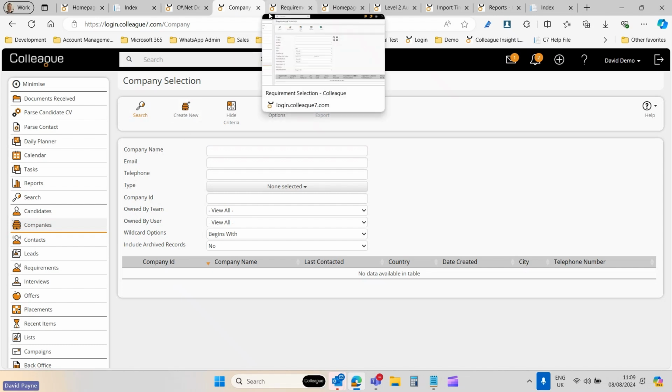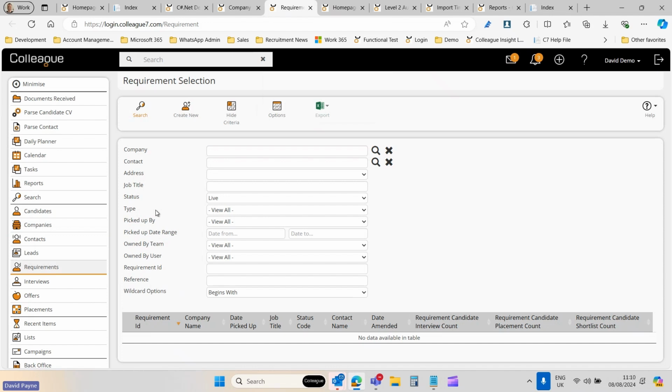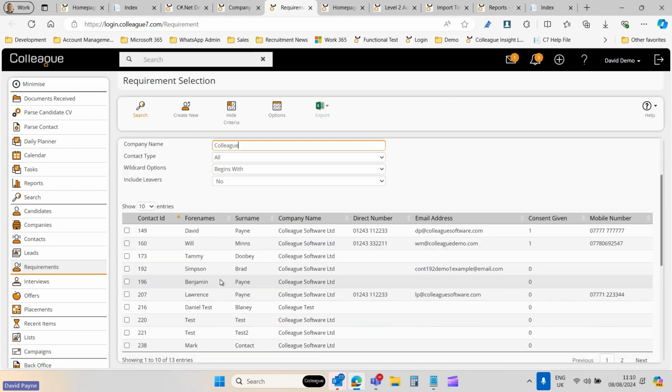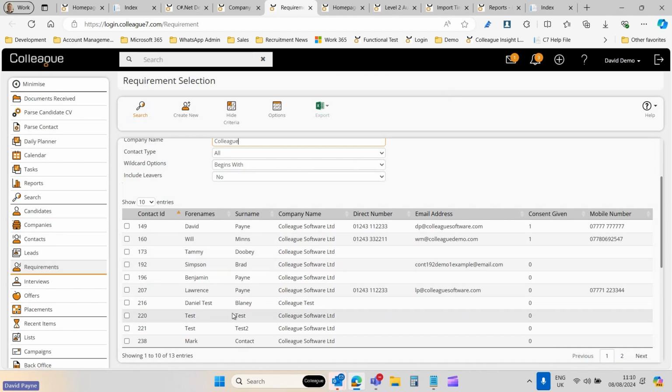Also, what we've done as well is in the instance of looking up a contact in the system. If you go to a contact lookup, you'll see that we've added company name into there. Previously we had company ID, but company name is obviously an easier option for users. So what you can do is type in a company, hit enter, and then the contact results